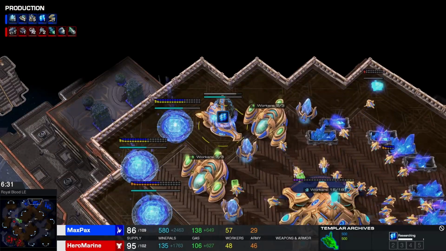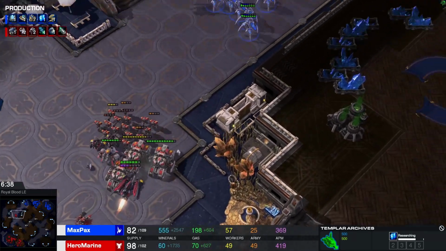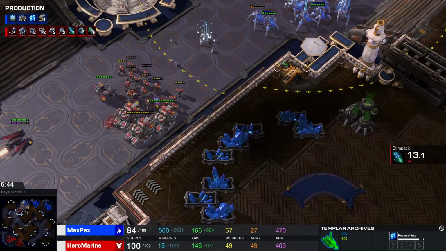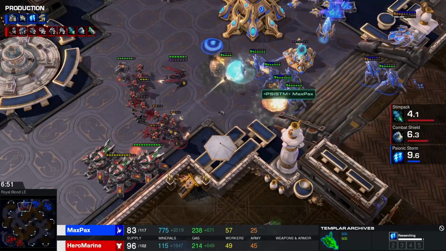Ah, so it is a very quick storm. I like storm. I like seeing storm. It's 7 gateways behind this, by the way. I think storm is great for Terran versus Protoss. Or well, in this case, Protoss versus Terran. It does get kind of beaten by ghosts, but